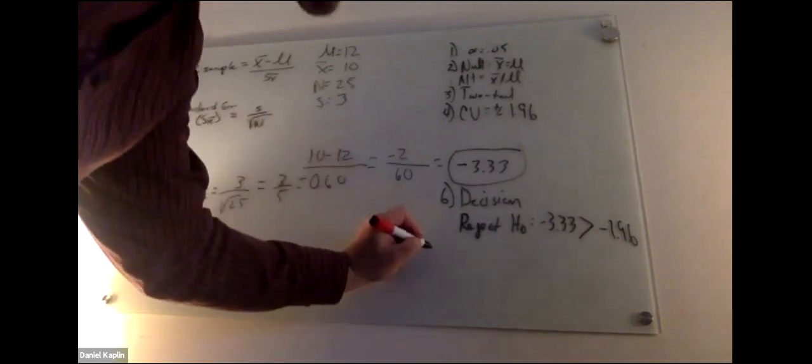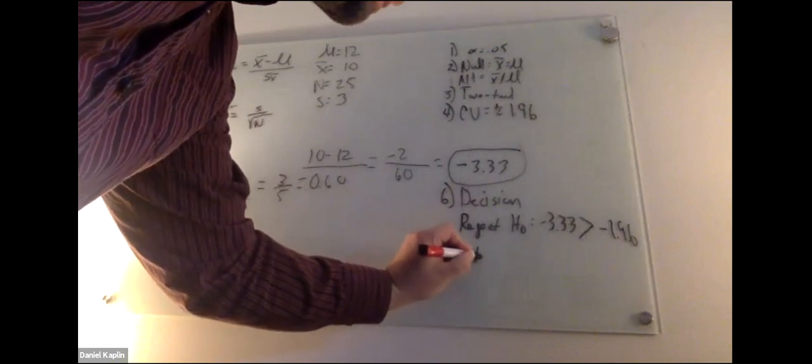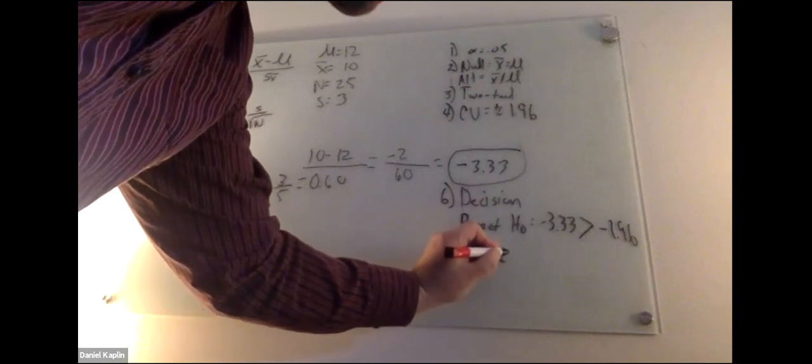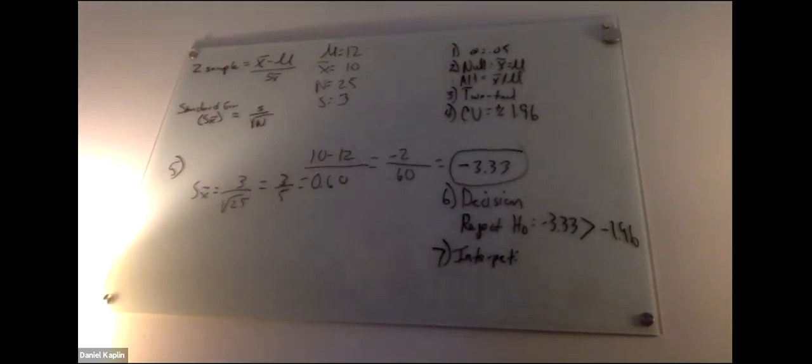So the final thing is we interpret this, and I don't have enough space on the board to write it, but we would say using a z-score for a sample, we found significant differences in the amount of hours studied in a sample relative to the parent population. More specifically,